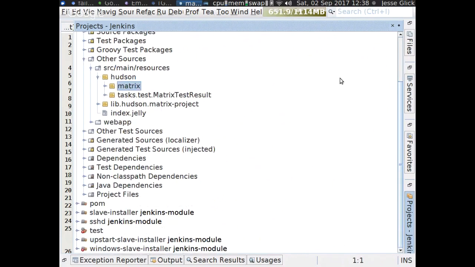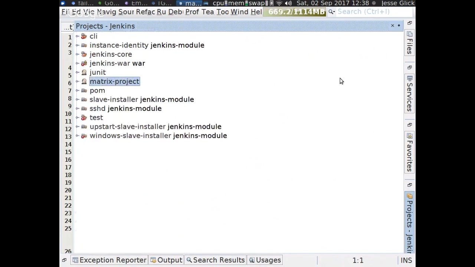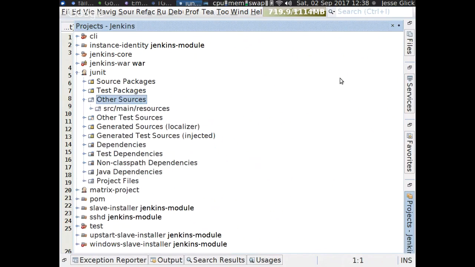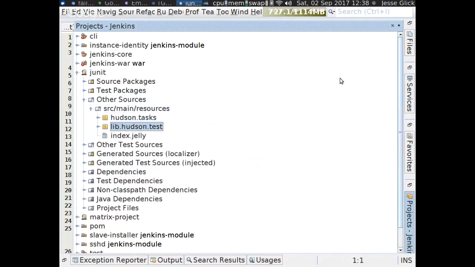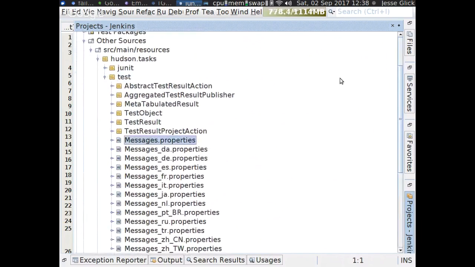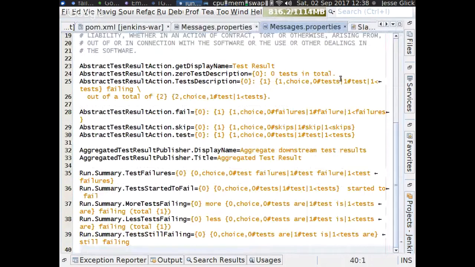But in other cases, probably in the JUnit plugin, there may have been isolated classes scattered around in other packages. And messages.properties